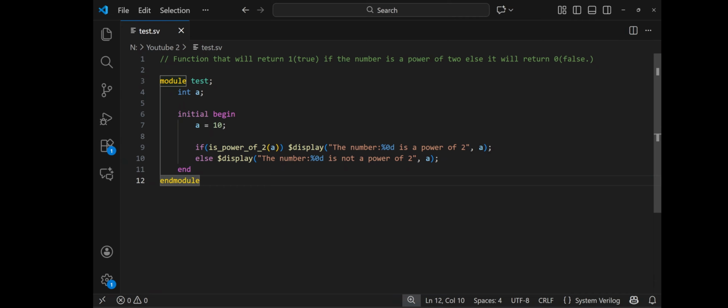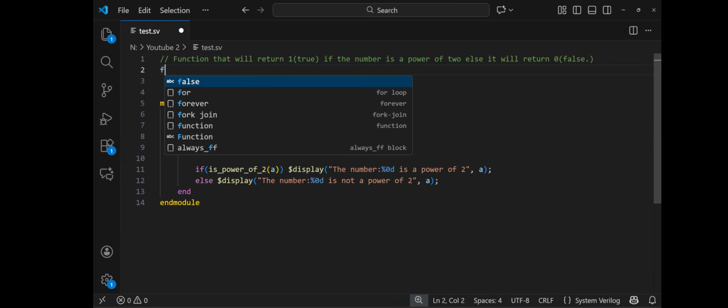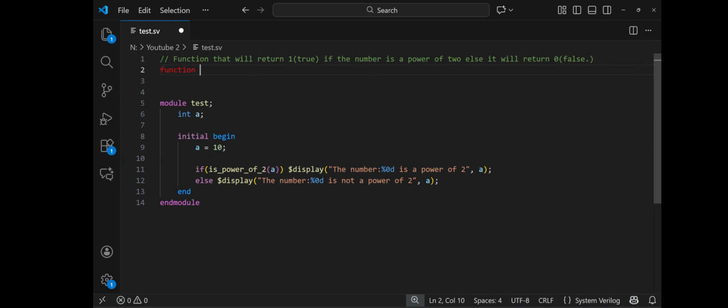So with our main test body done, let's start with our function. So I will declare my function here, and since that function will have multiple instantiation, it will not retain its previous value. We will use the automatic keyword just to make the function automatic. And if you want to know more about the automatic and static function, just watch my videos on SystemVerilog